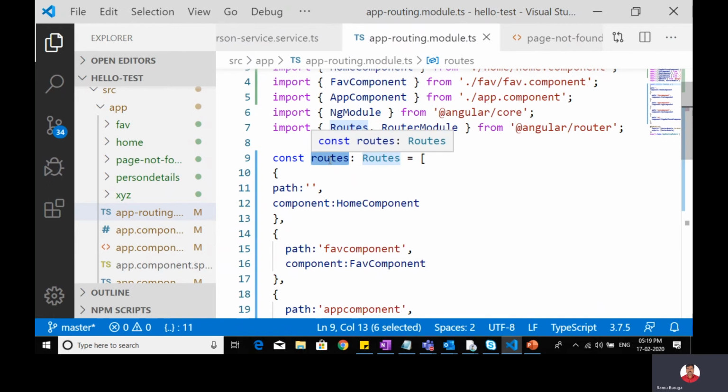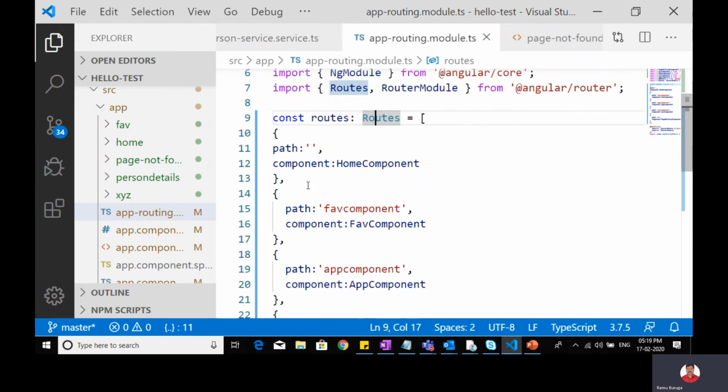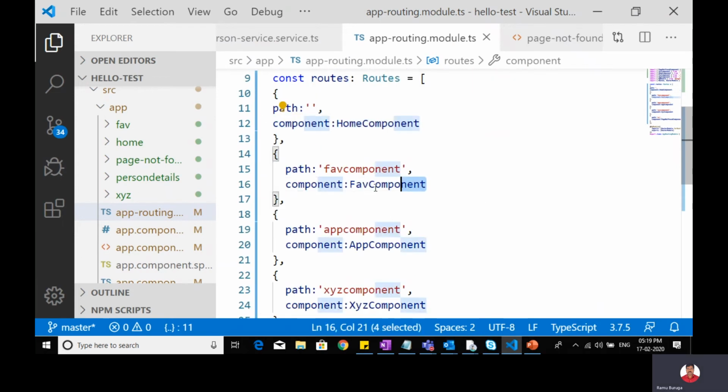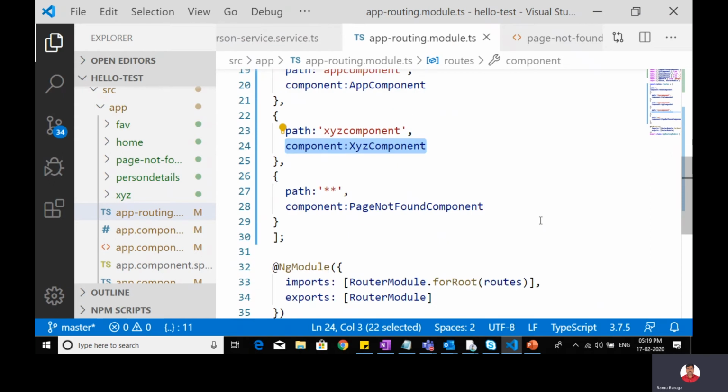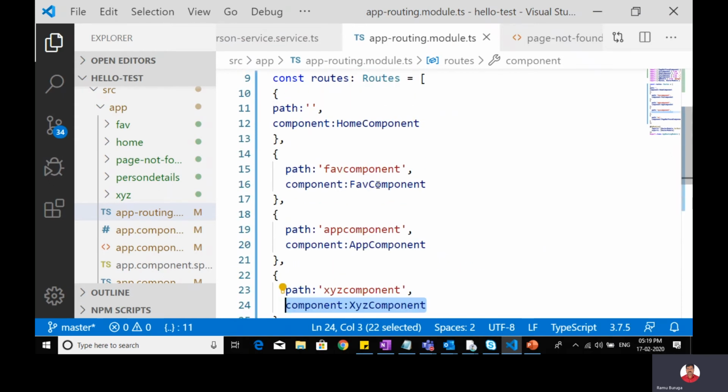The constant routes is an array variable of type Routes. Here I am specifying that this component is to be part of the routing, this one is too, and this one, and so on. However many components you want in your routing, you have to mention them here.